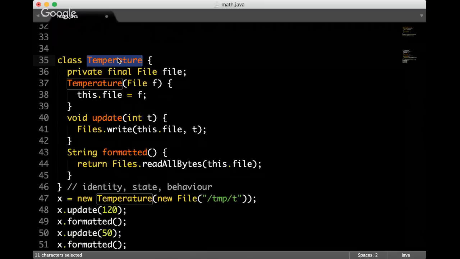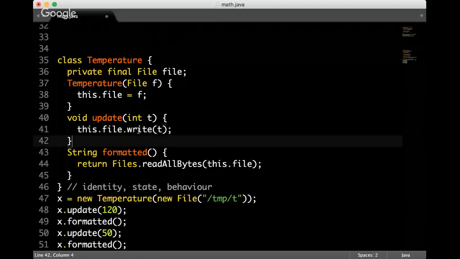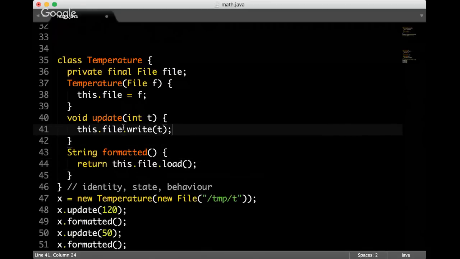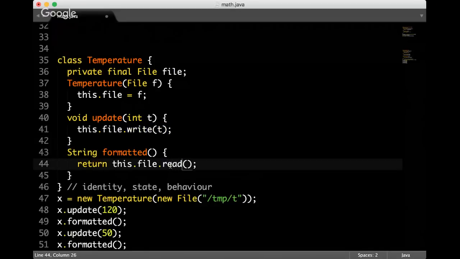So if I am the temperature, I can't really guarantee anything about the file which I represent. I don't even know what the file is. I just have some object of a type file, and I encapsulate it, and I know how to get something from it. Well, in a good Java world, that would look like that. We don't have that good Java world, but it should have. In an ideal world, that would be like that. I don't really know what the file is. All I know is how to call the method write and how to call the method read. Or even in a better world, we would have it like that.